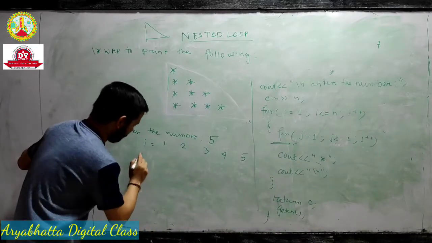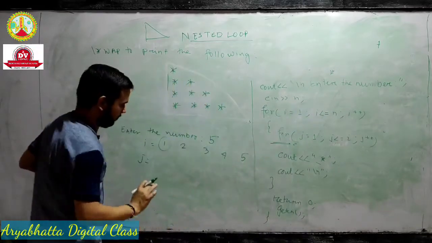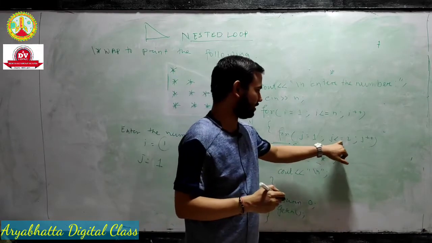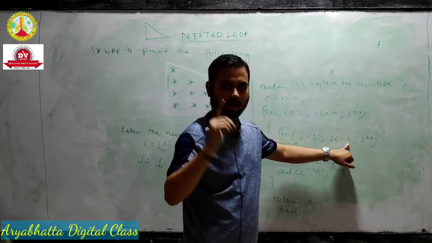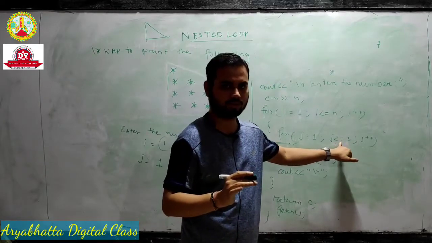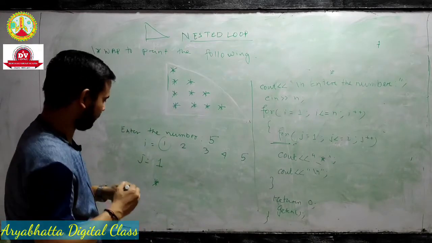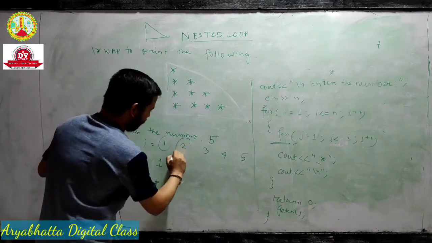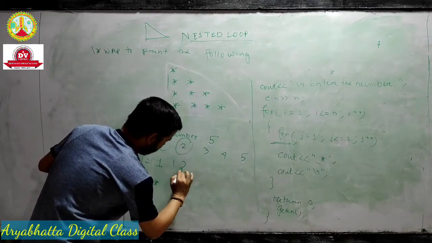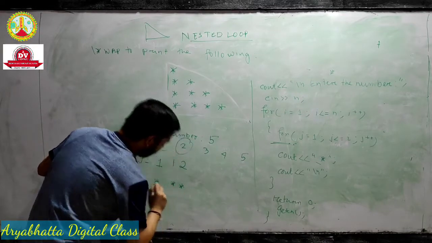Okay. When i equals 1, this will go into that loop. Your j value is 1 because j is initialized to 1, and j is less than or equal to the value of i. What is the value of i? 1, meaning 1 equal. This is the equal symbol that we write here. That means only 1, meaning only 1 star. Okay. When i goes again into that loop, when i value is 2, j value is 1, 2. 1, 2 means you have 2 stars.